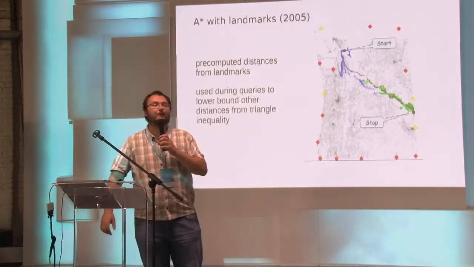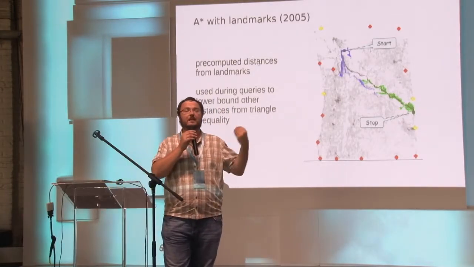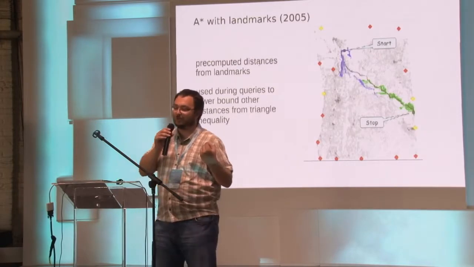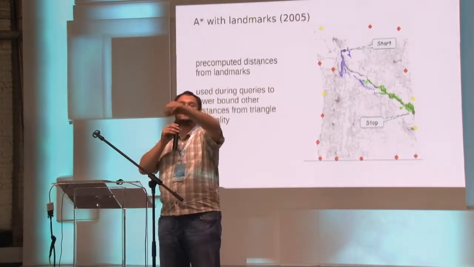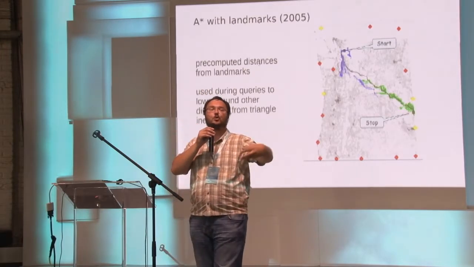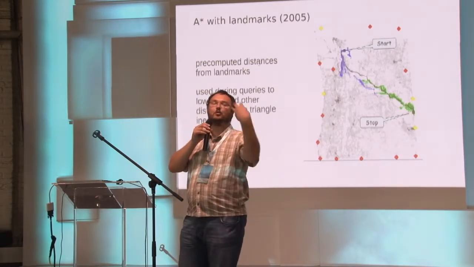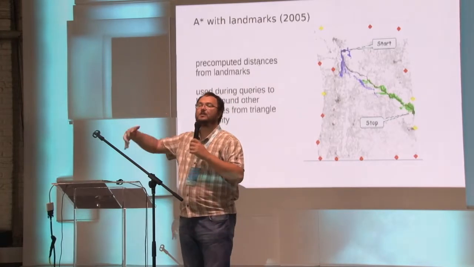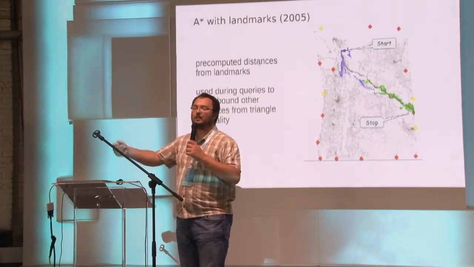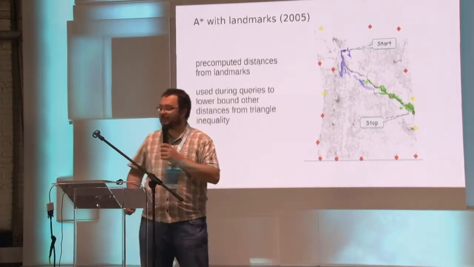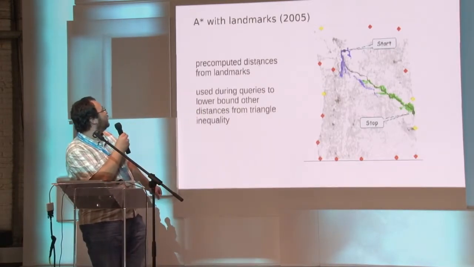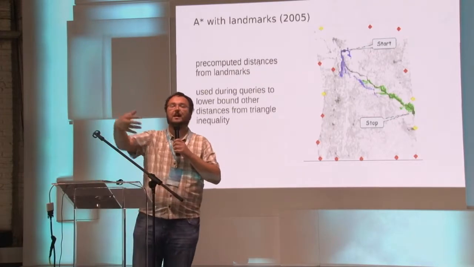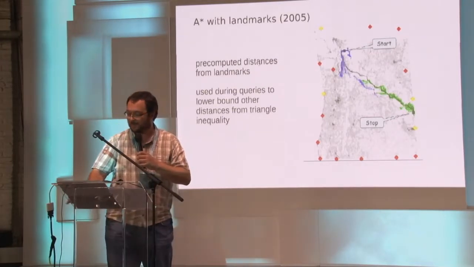And only in 2005, which is 10 years ago, came a significant algorithmic improvement called the landmarks. The idea is you pick some landmarks along the map, you pre-compute the distances from everywhere to these landmarks, and then you can use some kind of triangle inequality to give you very good heuristics for the A-star search. So suddenly only those green and blue things that are shown on the map are actually visited by the algorithm that's searching for this shortest path.